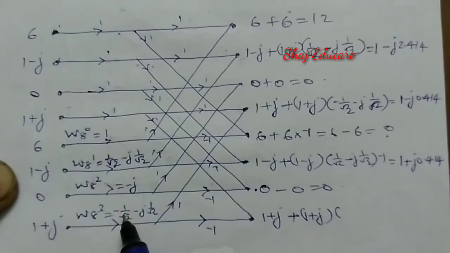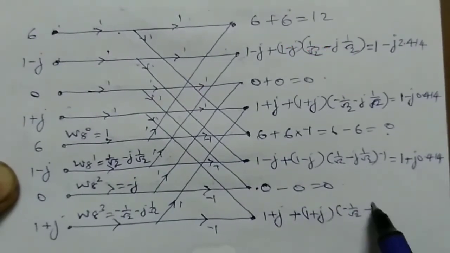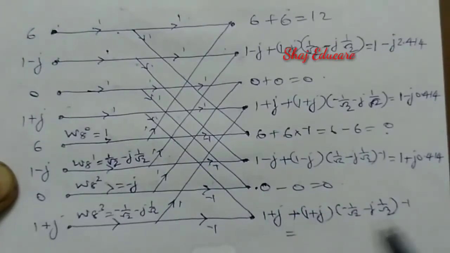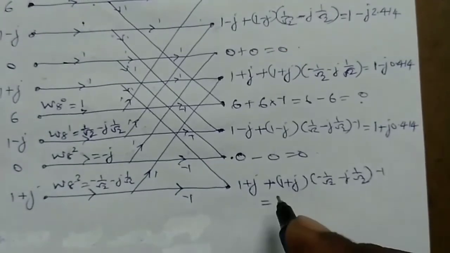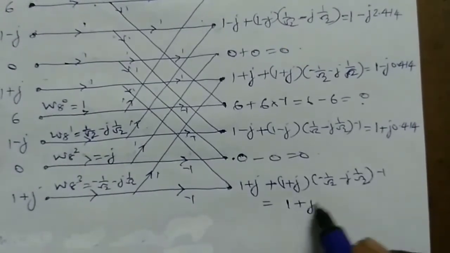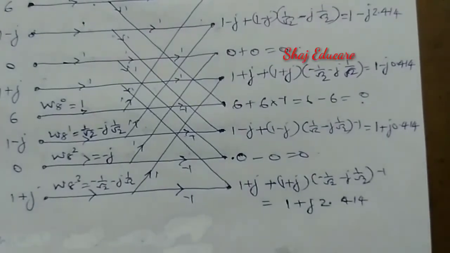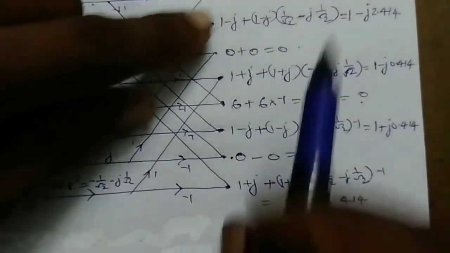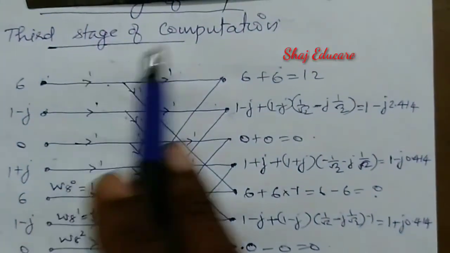Twiddle factor is minus 1 by root 2 minus j 1 by root 2 into minus 1 is there. Again put it in your calculator and solve for the result, then the answer you will be getting is 1 plus j 2.414. Okay, now the calculation is over, and here we have the output after the third stage of